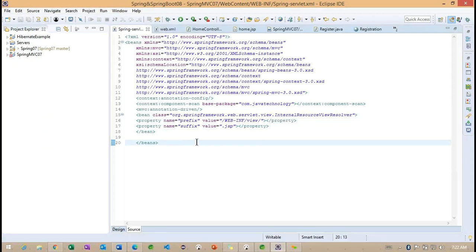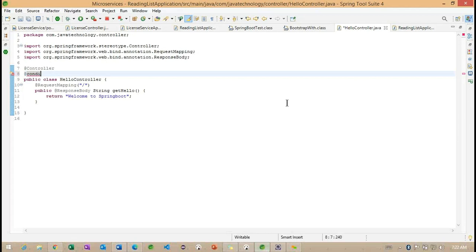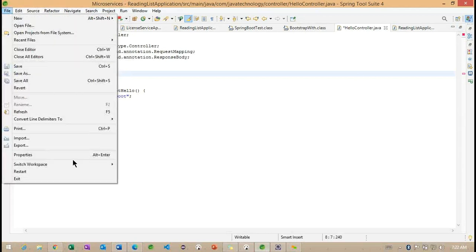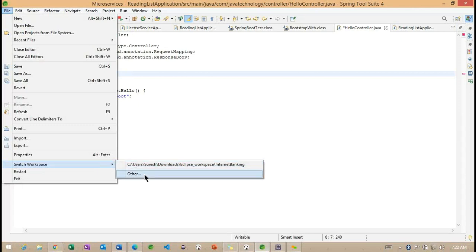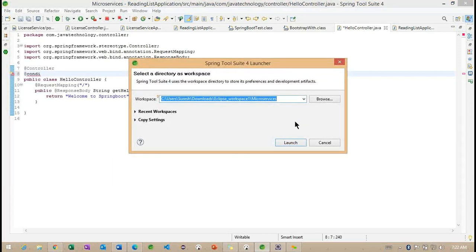Okay, now to work on Spring Boot, what I will suggest is that we create one more project. This is the STS I downloaded here. I am going to use this STS to work on the Spring Boot related examples. It's going to give some more features compared to the normal Eclipse, because this STS works with the same functionality available in Eclipse, with some other features added. So what are the other features? We'll check here.